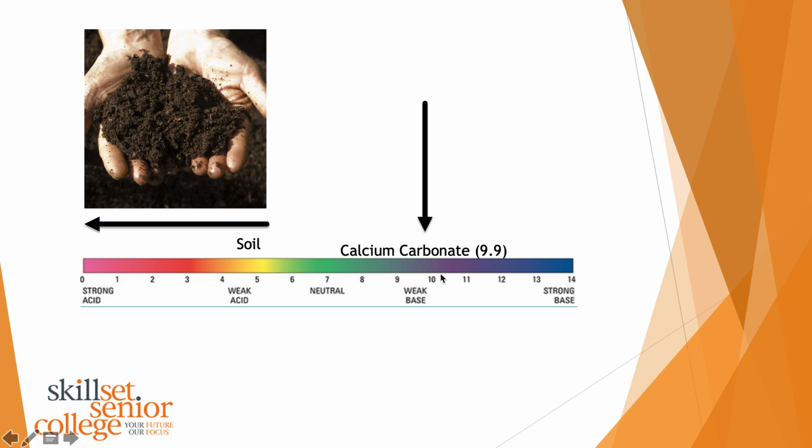Calcium carbonate here you can see is just under 10, so it's a weak base. When it's dissolved in water we can use it as well, and this would bring the soil pH up. Why would you want to bring the soil pH up? Well, really acidic soils are not conducive to growing crops. I mentioned that in the last lesson. If you have a really acidic soil, then you're not going to grow much on there. And that includes grass as well. So if you're grazing animals on a pasture and the grass isn't growing that well, then it's still an issue. So you'd probably want to try and solve that issue.